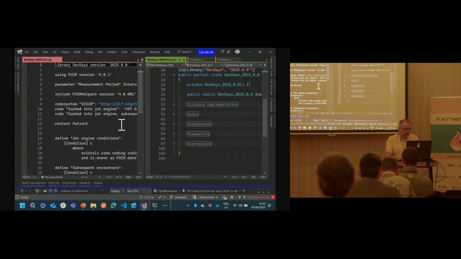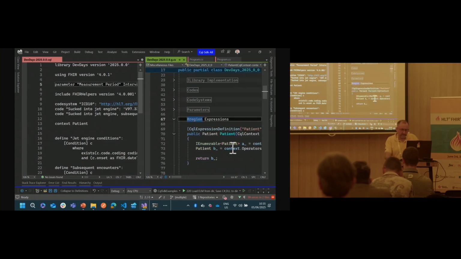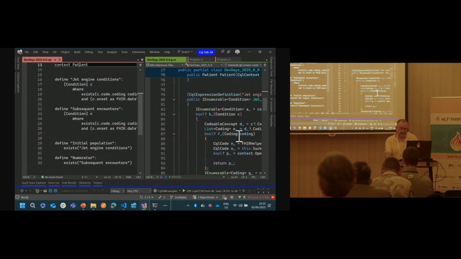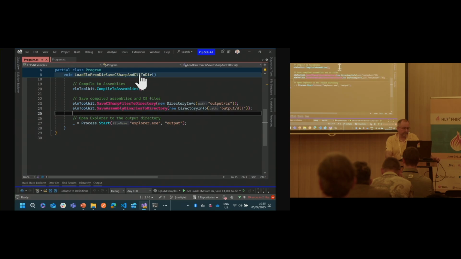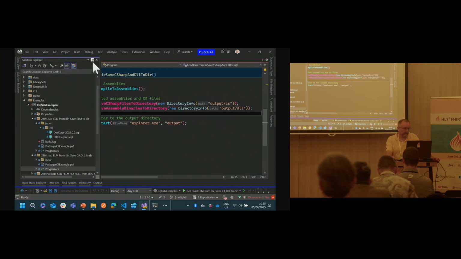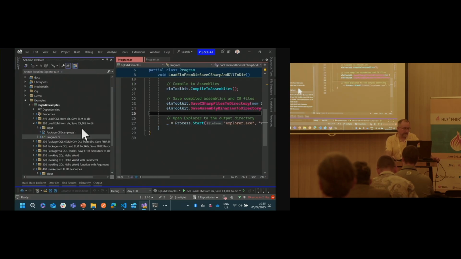So we can see we have the codes, all the codes there, code systems, parameters. There's a parameter, and then all the expressions here, which is patient, is context. Yeah, so that's pretty much how it looks in C#. So the next example is, well, we want to